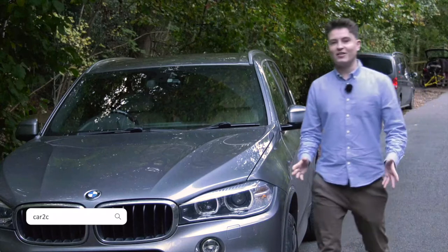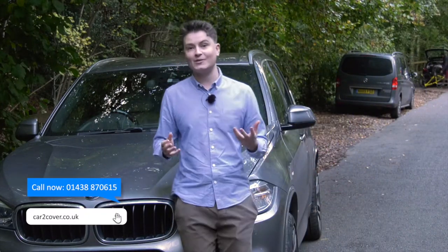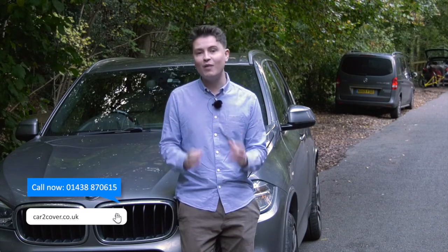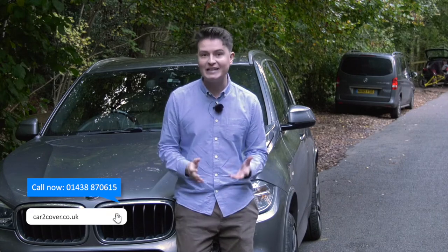Have you ever had a car that's been damaged by a stone chip, a scratch, a scuff or a dent? Well, the fact is that most cars will suffer some form of minor cosmetic damage. It's almost unavoidable and hardly ever your fault. Regardless of how much care you take of your car, accidental damage happens and you just can't prevent the careless